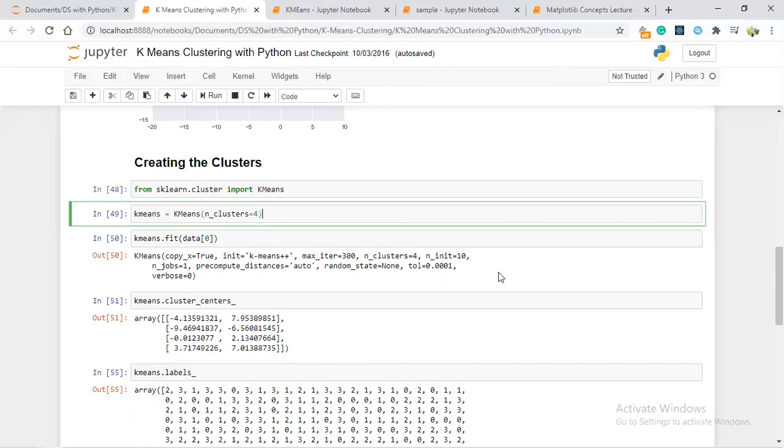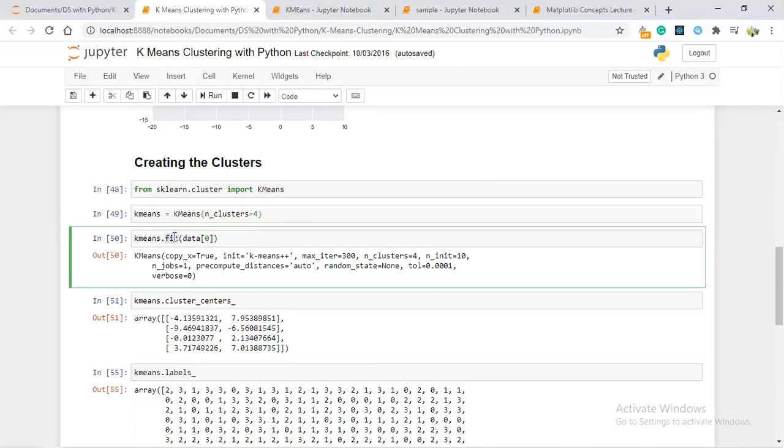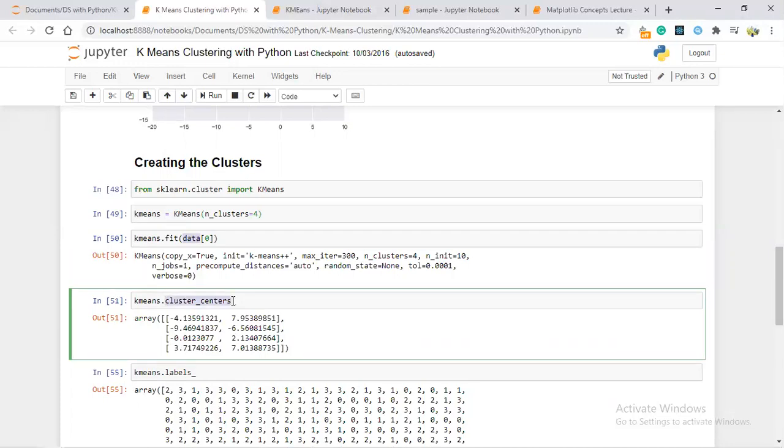So like our theory K1, K2, it's going to make K1, K2, K3, K4. Okay, the four things. Then you are just applying the fit. Fit means you are just applying your data, the data set which you read, to the k-means. The cluster centers are all optional. Okay, so the labels: k-means dot labels underscore, which is going to get you